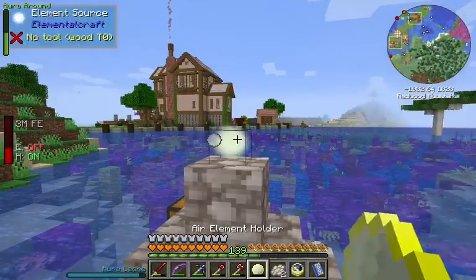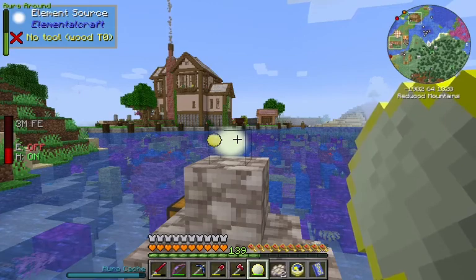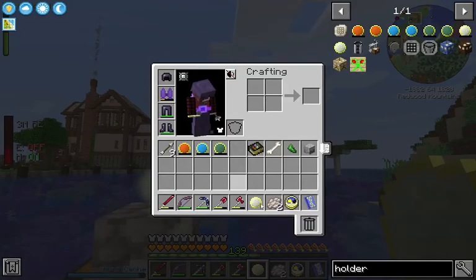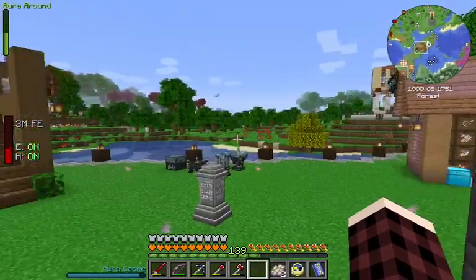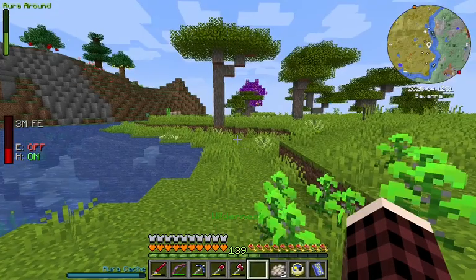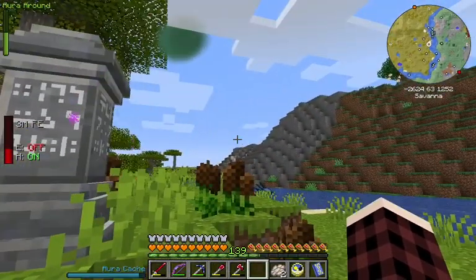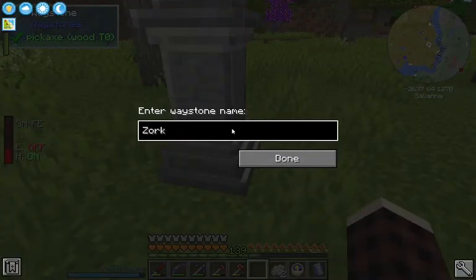Alright, let's give this a try. I don't know if we can drain it entirely. Looks like it just fills up. Alright. Now we got a full air element holder. I'm gonna go hit the other ones. Ah, here we go. Cool. The one we had marked as a water source was actually an earth source, but there's a water source right next to it, so...